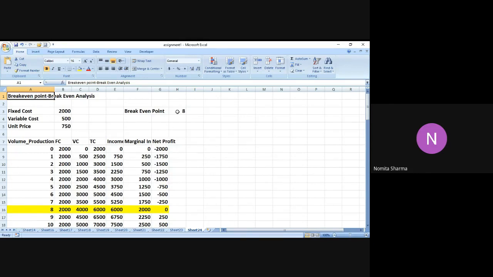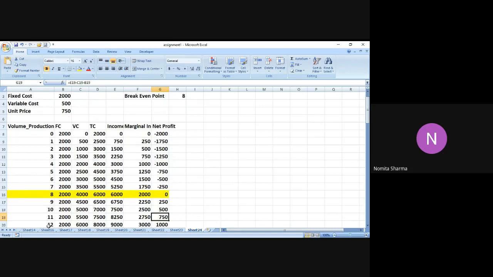And I have also used this formula to calculate the break-even point, which is matching with the table which I've just made. And this formula was nothing but the fixed cost divided by your selling price minus your variable cost. So the fixed cost was 2000, selling price was 750, and the variable cost was 500. So we get the answer as 8 units. That means when I make 8 units, that is the point when I will at least break even. That is the point which is equating the output with the input. And when I start making 9 units, 10 units, from there onwards, my profit will start becoming positive. So from 0, it has become 250, 500, 750, and so on.